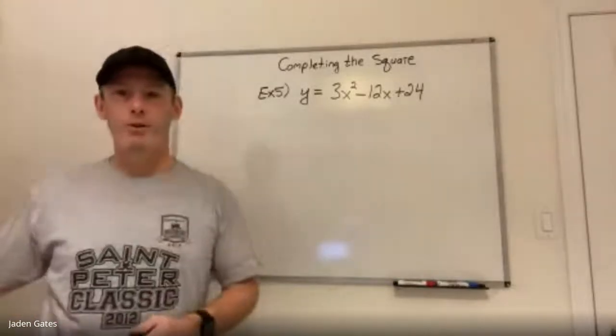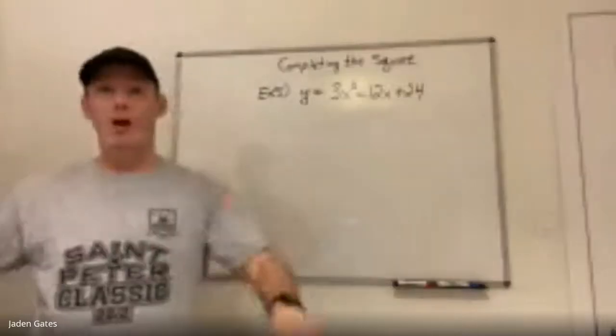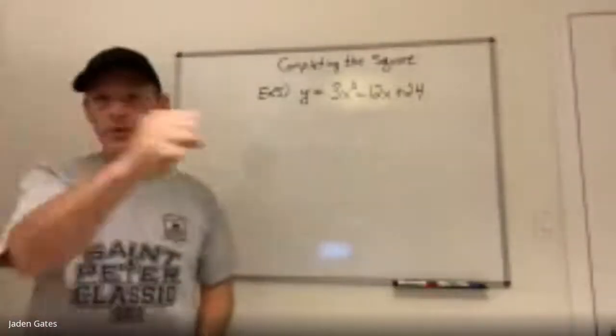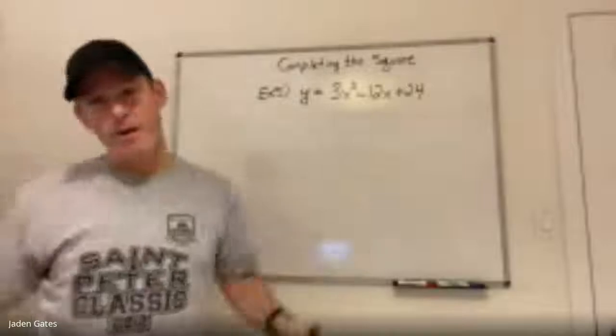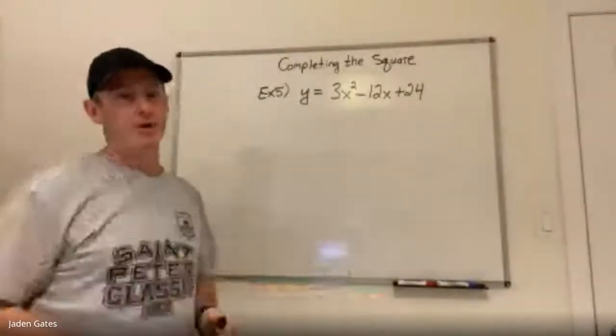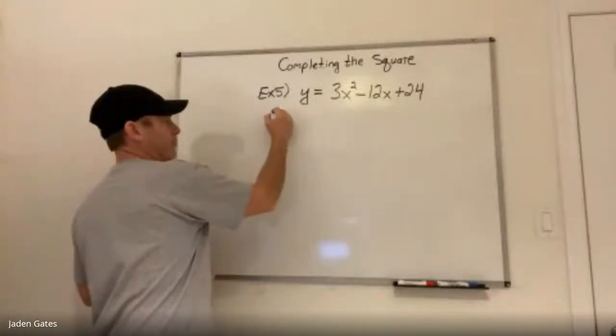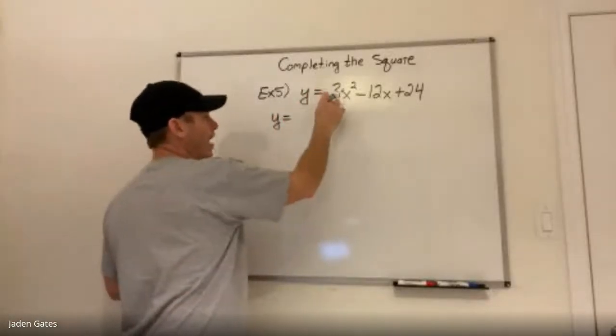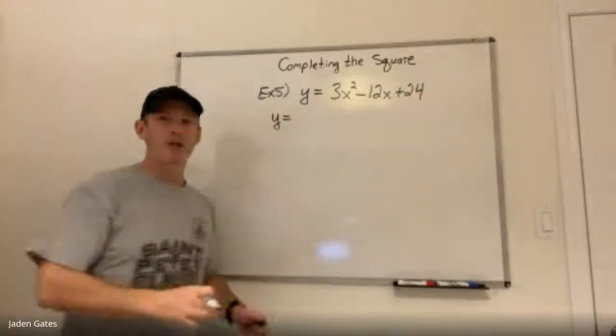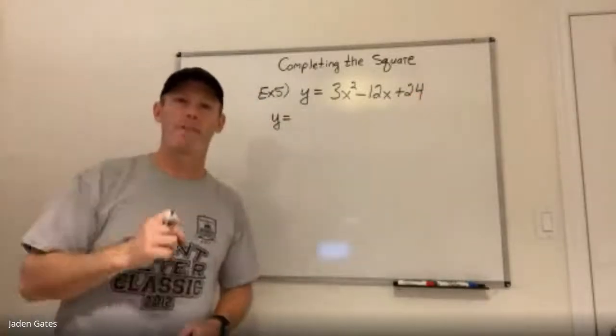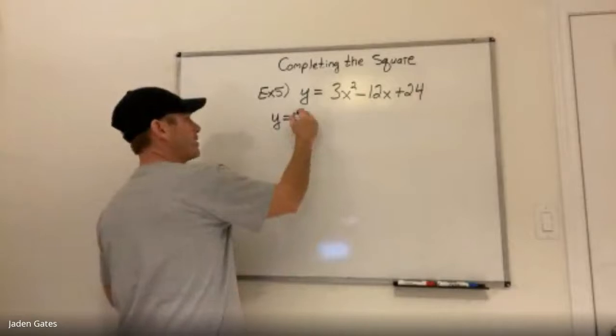I'm going to take the 3 out, complete the square, put the 3 back in. So the extra step is taking the 3 out at the start, and at the end, putting it back in. There's your second extra step. Now, what I mean by taking the 3 out is I'm going to factor out a 3, which means I'm going to divide every single term by 3. So I'm taking the 3 out,